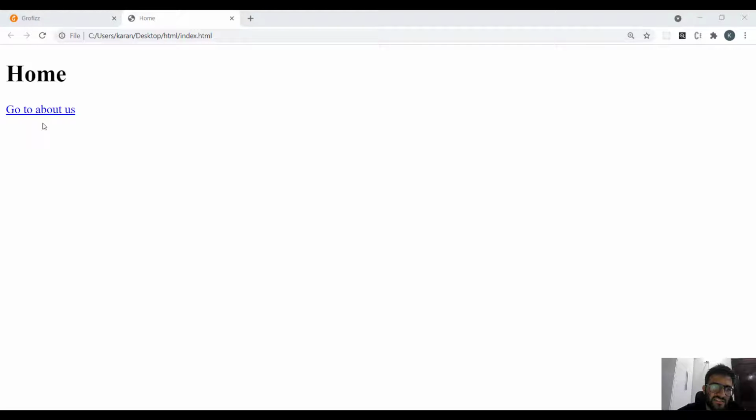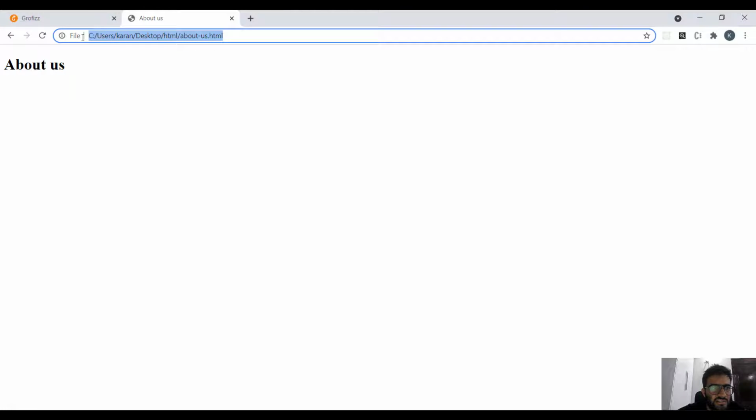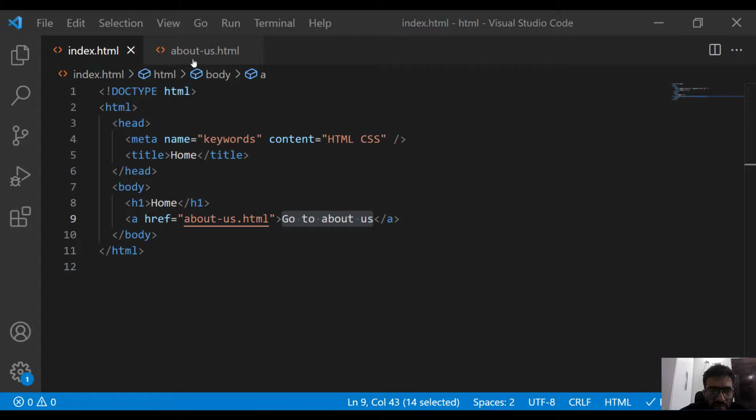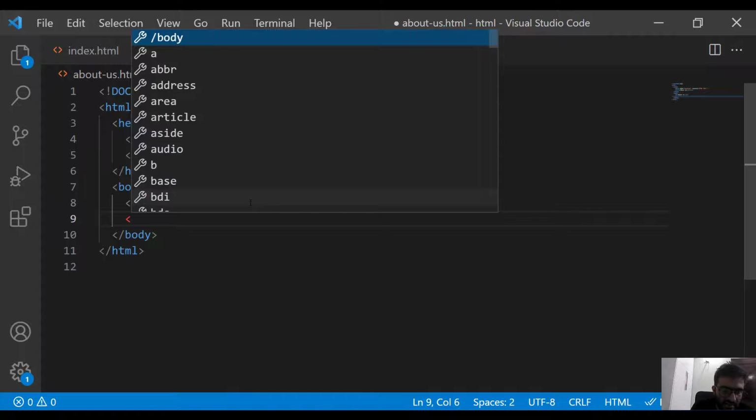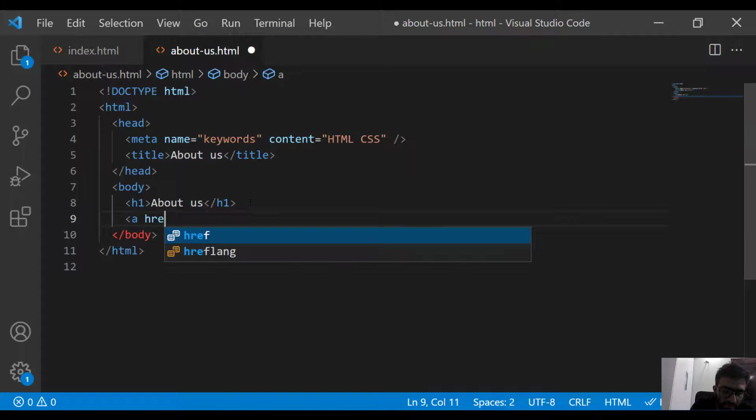For now let's just test this link. Okay, let's click on this text. So you can see that it has navigated me to aboutus.html, right? So let's also create a link in aboutus.html that takes us back to our home page. For that we'll have to go to our VS Code and make changes in aboutus.html. So basically we'll use an A element again here, and we'll give it an attribute of href.